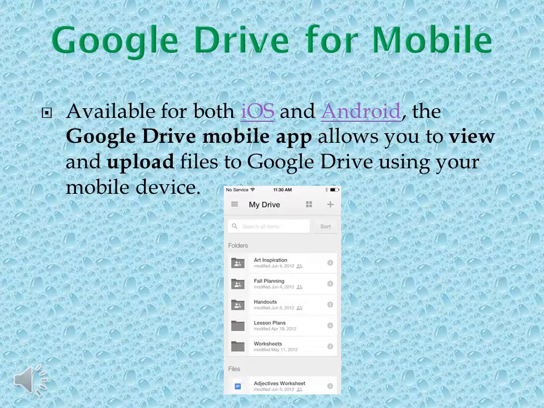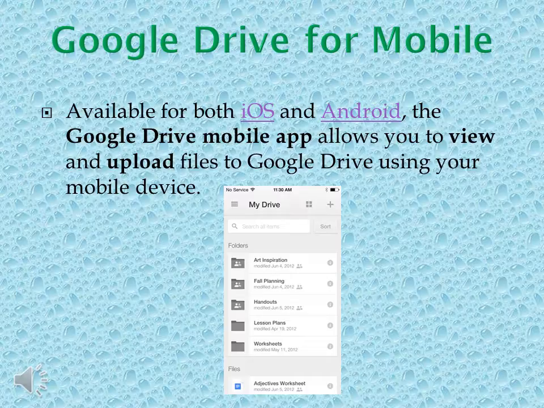If you do not find it and you want to get it, then you would need to go to the Play Store and type in Google Drive in the search. Once you type in Google Drive, if it doesn't give you the install option and it only gives you an open option, then that means it's already downloaded on your device and you're going to need to go locate it. But if it does give you an install option, then that means it's not downloaded on your device and you'd be able to download it from there.